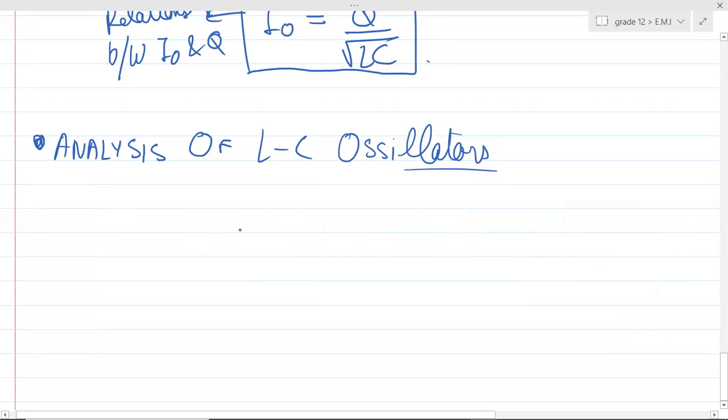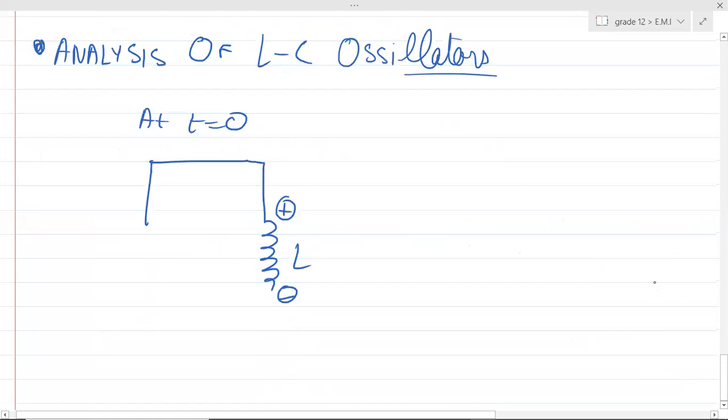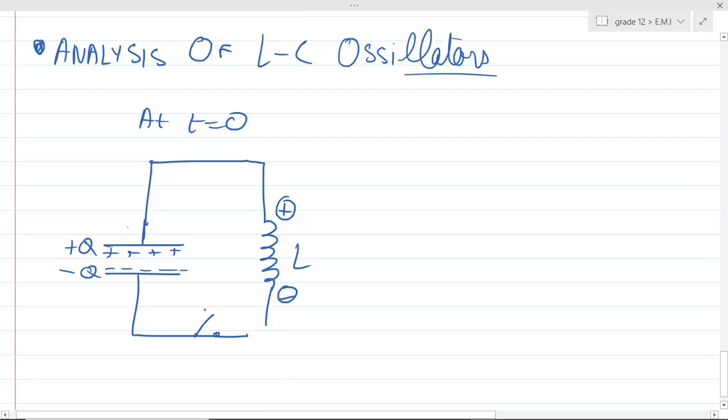Suppose initially at t equals to 0, I have a capacitor completely charged. I told you it doesn't make a difference. I could have made this inductor active initially, but दोनों में से एक में तो we need to take the energy. So generally I take capacitor, it's easy. So suppose this is plus Q and this is minus Q. So the charge on the capacitor is Q, and if you have pressed the switch at t equals to 0,